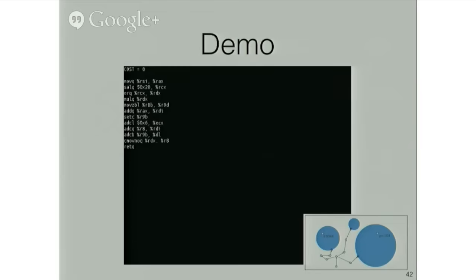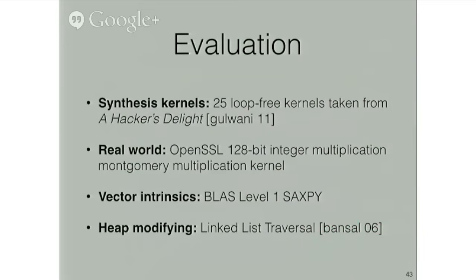In addition to this code, we've also evaluated our fixed point implementation, the one I've just described to you, on a number of other kernels. In the interest of time, I won't dwell on these too long. I'll just summarize them quickly. From Sumit Gulwani's work on program synthesis, we have a benchmark of 25 loop-free kernels that range in complexity from turning off a bit in an integer to rounding up to the next highest power of 2, which is actually more complicated than it sounds. It takes about 9 instructions to get it right.